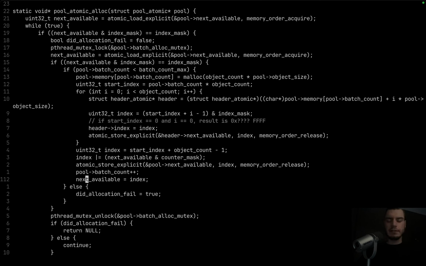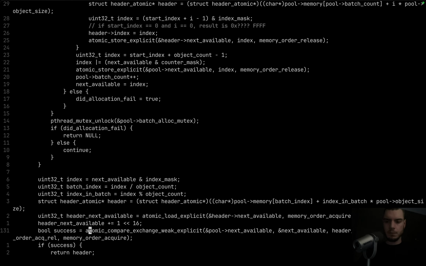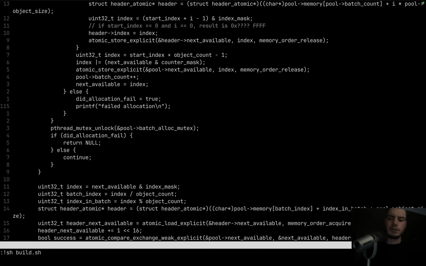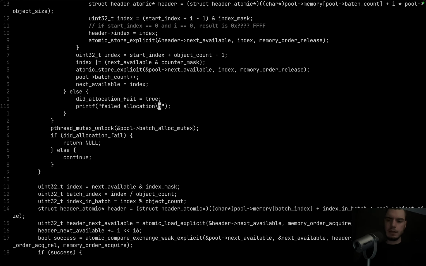Because we actually do want next available to include the counter as well. Now, if we don't have any batches left, we set this allocation fail to true. But it seems to me that that isn't executed. Let's just put a print statement in here and see if it's executed. It is never executed,